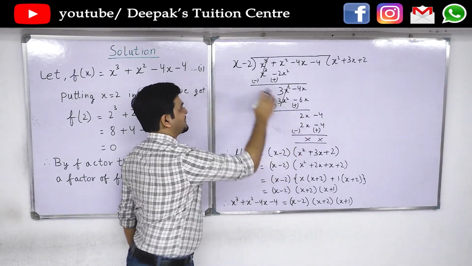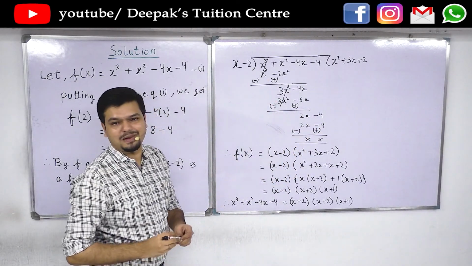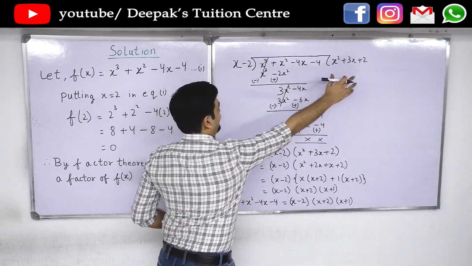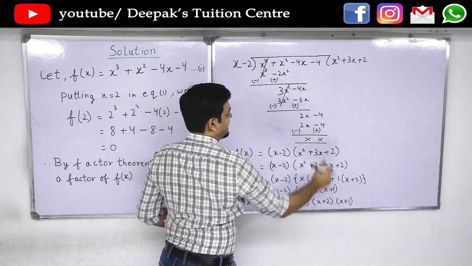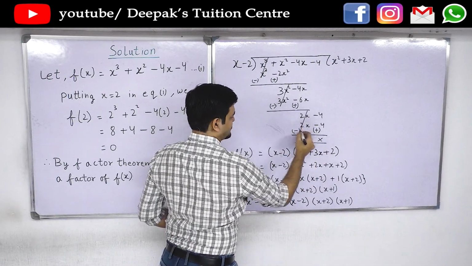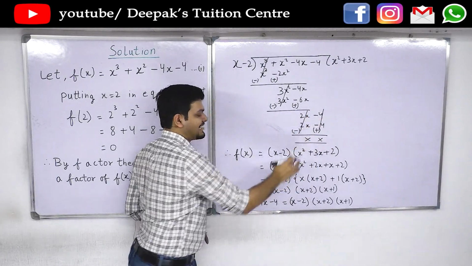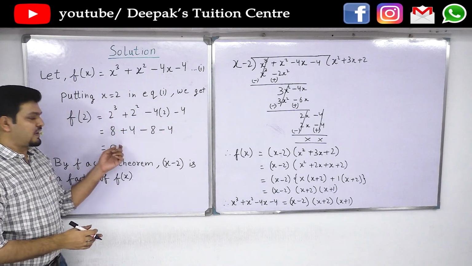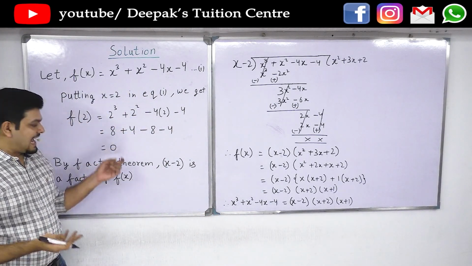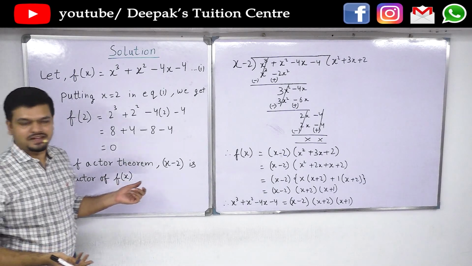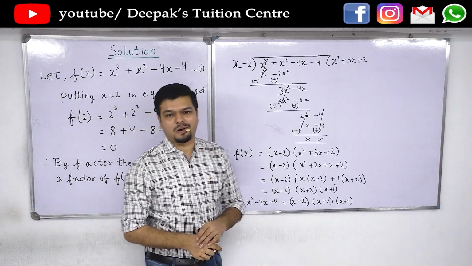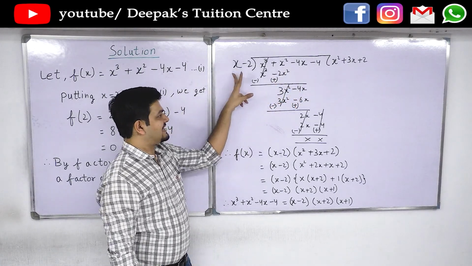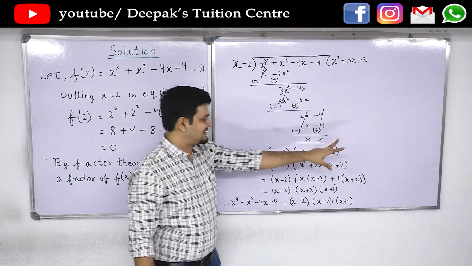To get 2x from x, we multiply it by plus 2. So plus 2 into x, we get 2x. Plus 2 into minus 2, we get minus 4. So sign change, both are gone and the remainder is 0. That should have been the case because we already knew the remainder will be 0, and this is why we call it a factor. So by division algorithm, we know that dividend is equal to divisor into quotient plus remainder.